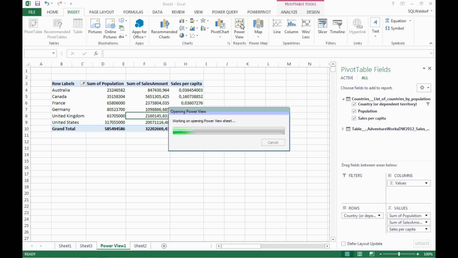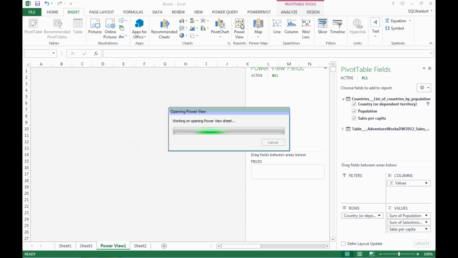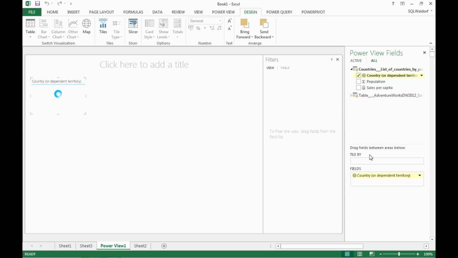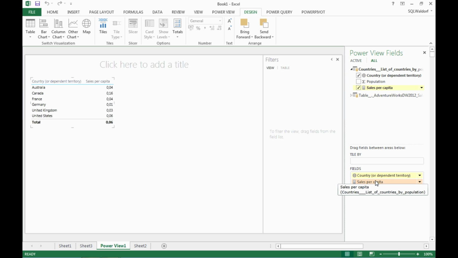Power View reports allow us to show traditional charting, but they provide more interaction with the user than traditional Excel charts do. So let's again grab the list of all our countries over here, and per country we now want to see the sales per capita. So let's add sales per capita to this as well. By default it builds just a traditional table. We could, for instance, turn this into a column chart over here,